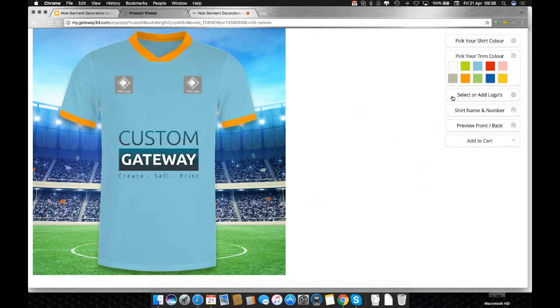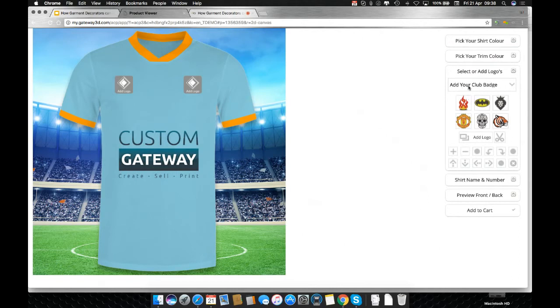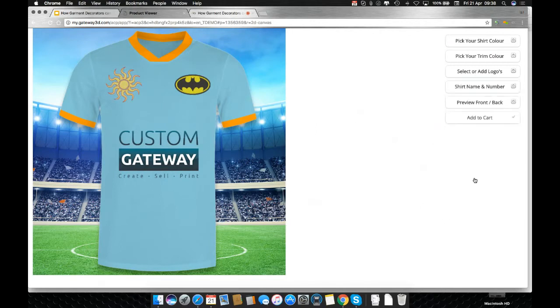And then this has been set up so specifically you can select or add your logo. So in this section we have a drop down here where you can add your club badge. So say I could just use a logo. So this is an embroidered preview here of this Batman logo. If I wanted to also then add another logo onto the other side, so just drop this Nike logo on or whichever logo it's going to be, and then